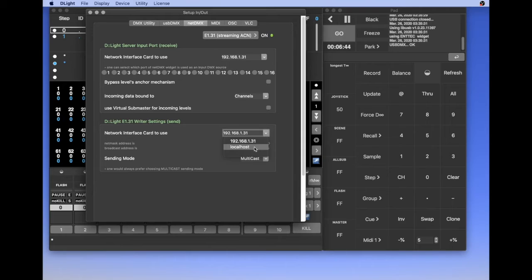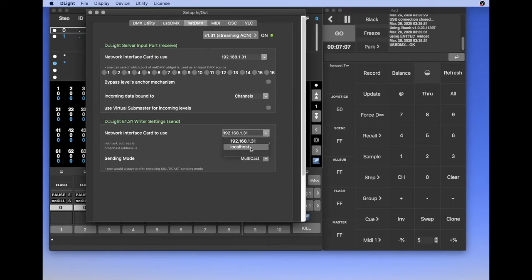Localhost is a fake IP. That means, sorry for my English, you will use localhost when you want to send DMX to other software on the same computer.